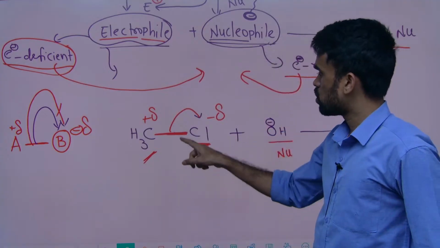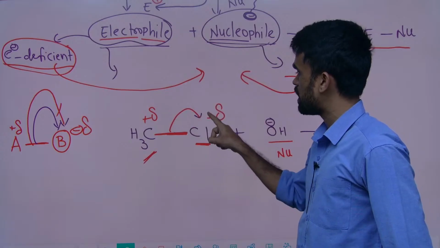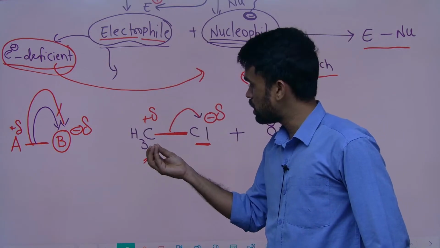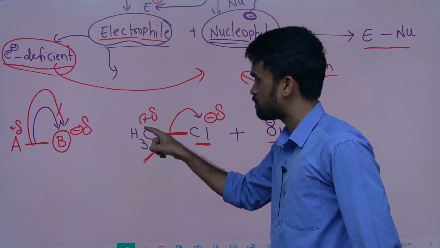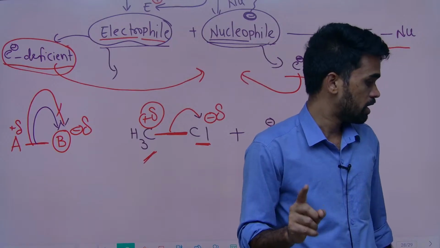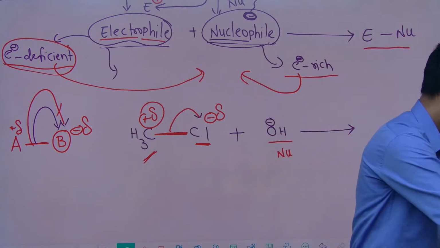So chlorine is dragging the electrons, that's why I have mentioned negative charge here. Carbon is relatively losing some electrons, that's why I have written partial positive charge, right? Up to here it is clear, I hope. Yeah guys, if this is clear,